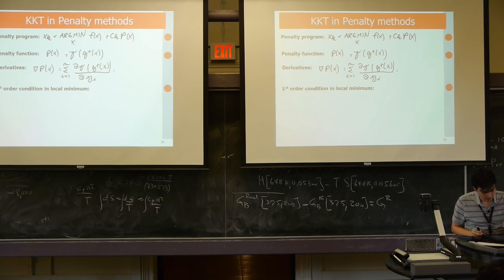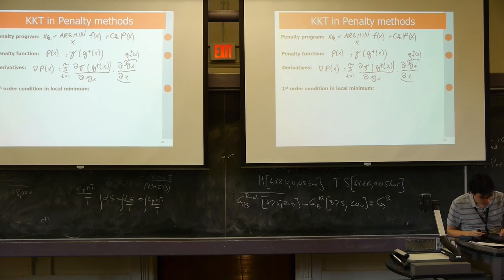So yi, and if you want, I could write this way too, that delta yi over delta x, where this yi is gi plus x. So another thing we have to notice is that I could just write this as delta gi plus x over dx,